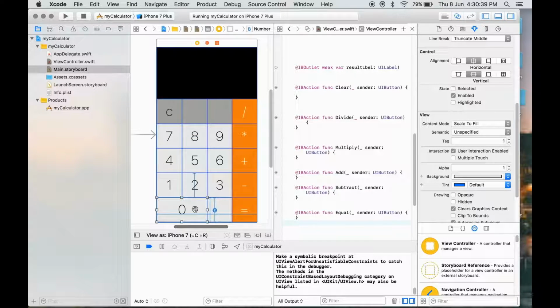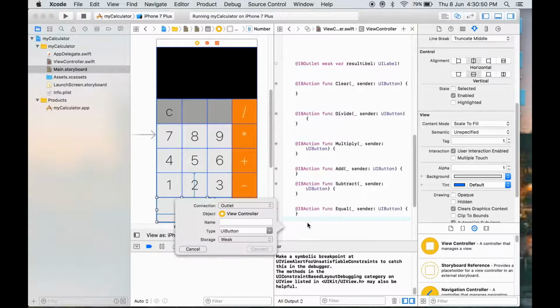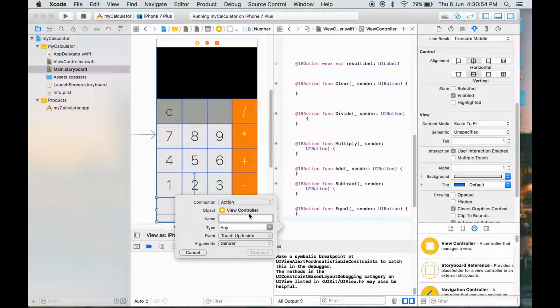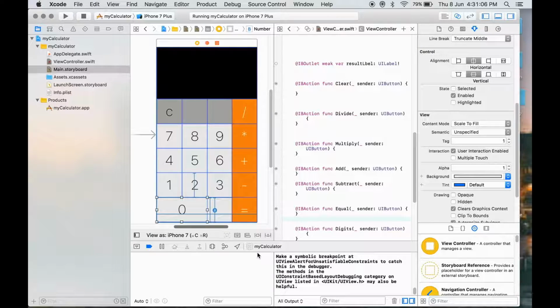Select any button and control drag that particular button to our ViewController.swift. Action, give the name, say digits, then type is UIButton, click on connect.